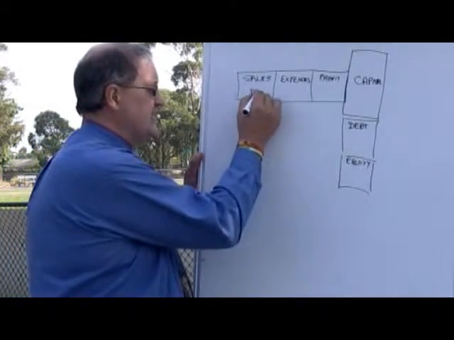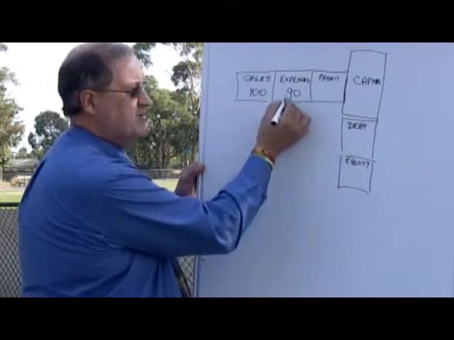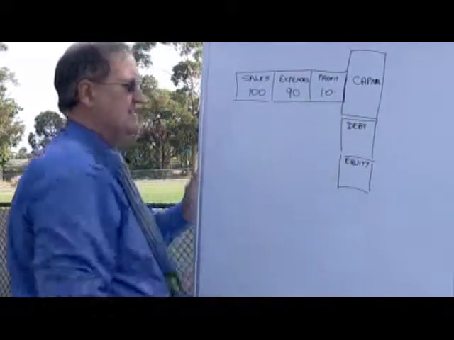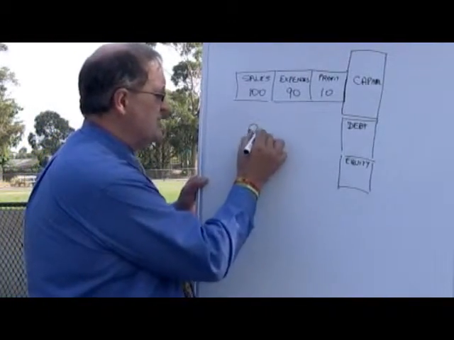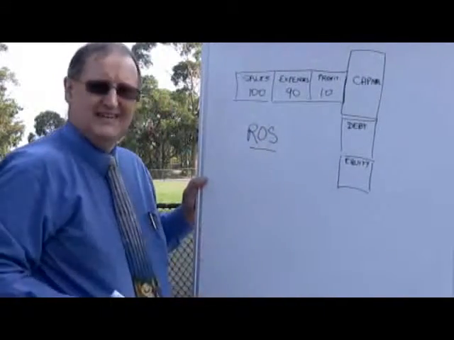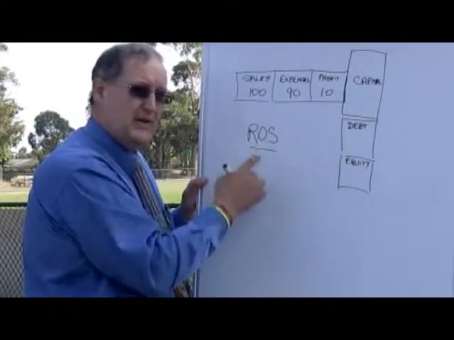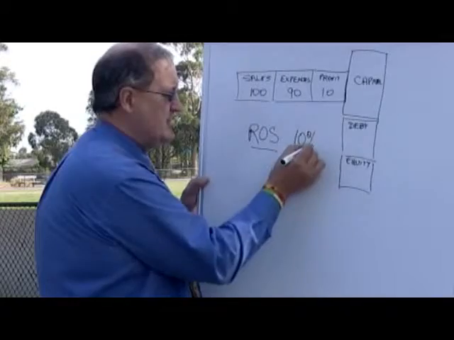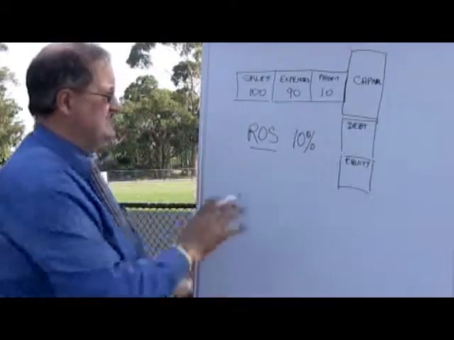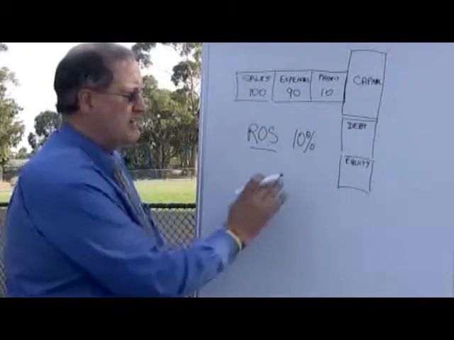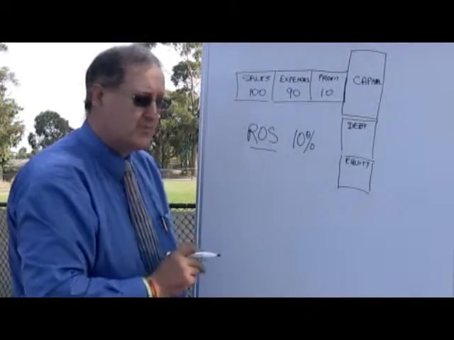We're on sales of 100, and then we'll just take simply expenses of 90. So 100 minus 90 is 10. So in this example, if you were measuring how well you were going, you could measure your return on sales. That's the same as saying your profit. Return is profit. So what is your profit compared to the sales? And in this example, it would be 10%, because 10 over 100 is of course 10%. And you might look at that and go, gee whiz, I'm doing pretty well. That means 10 cents in every dollar is coming back to me as profit.